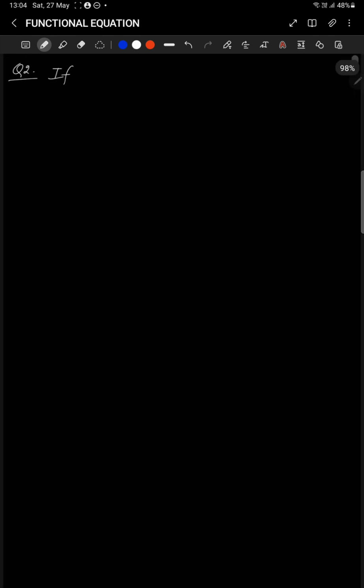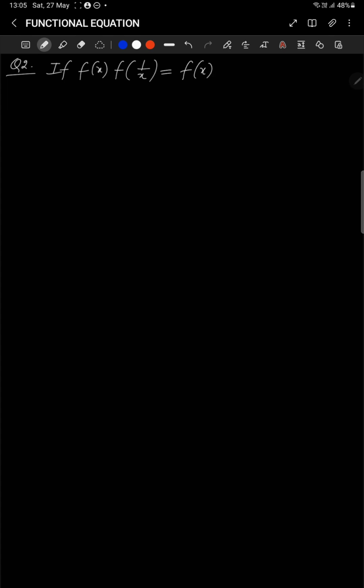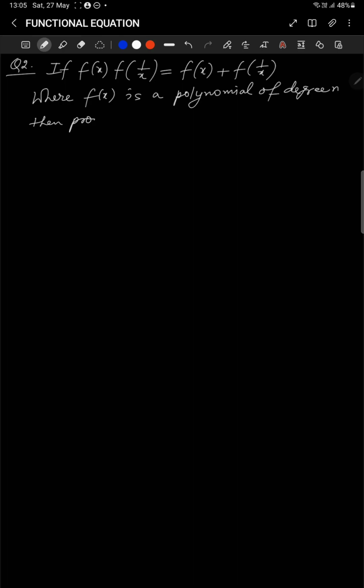The question says like this: if f(x) into f(1/x) is equal to f(x) plus f(1/x), where f(x) is a polynomial of degree n, then prove that